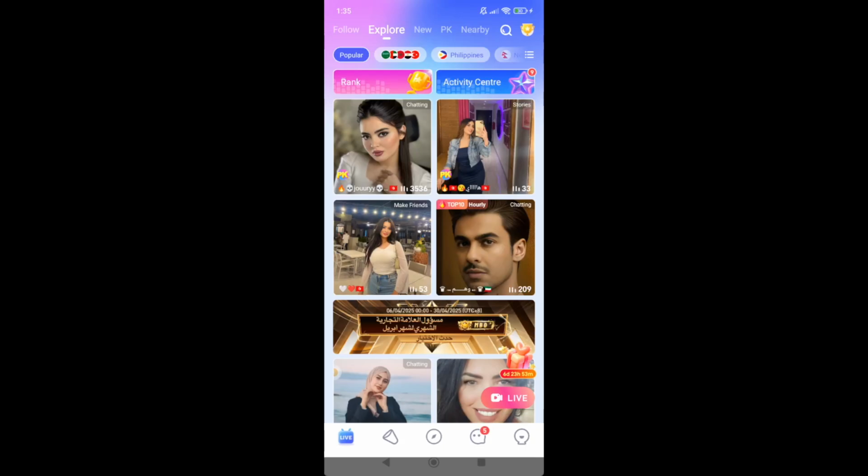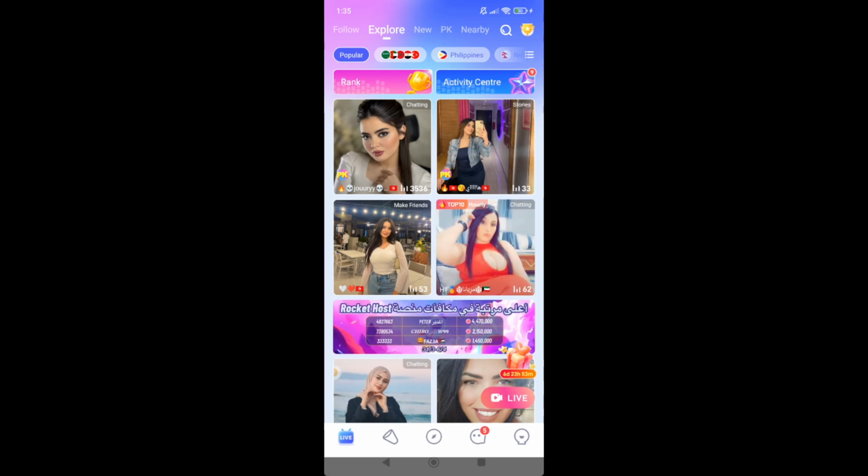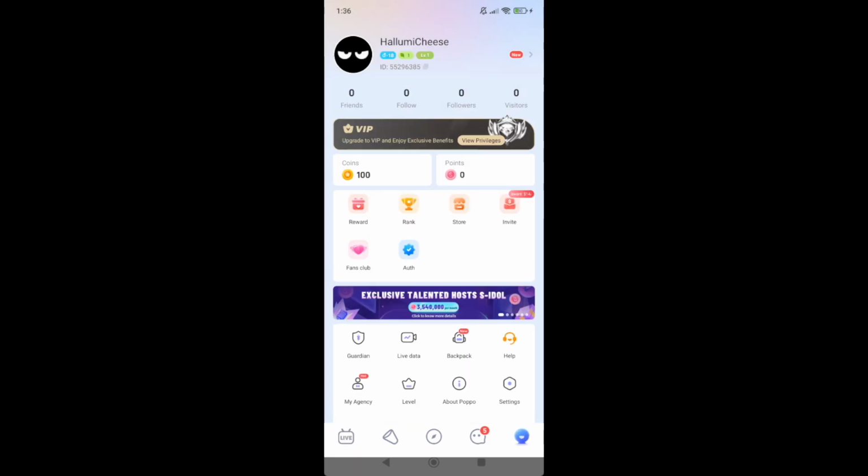So here's how to invite friends in Poppo Live app. First, you gotta download and open the app, then make sure you're logged in. Now on the bottom right, all the way to the right, we need to click on this icon to open